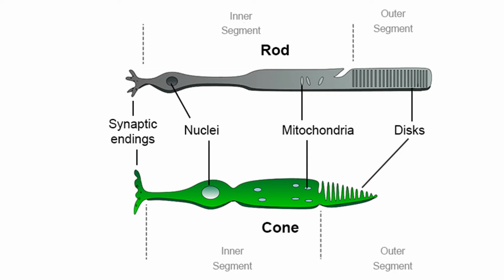Rod cells work well in dim light but cannot distinguish between different light wavelengths, that means the colors. So the brain interprets an image produced by the rods in monochrome or black and white. This is why you have poor color vision in the dark and you see objects in various shades of gray. The cones only work in bright light. There are 3 types of cones responding to 3 colors of light: red, green, and blue. Our color vision is the result of these three types of cones being stimulated to different degrees.